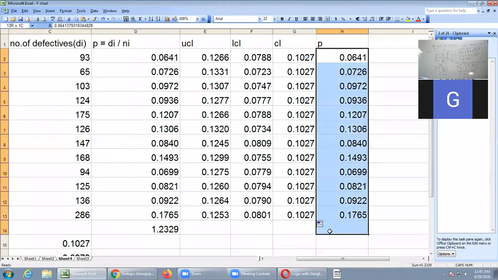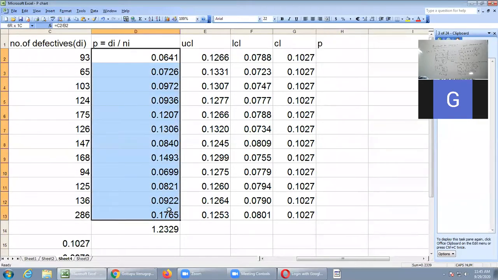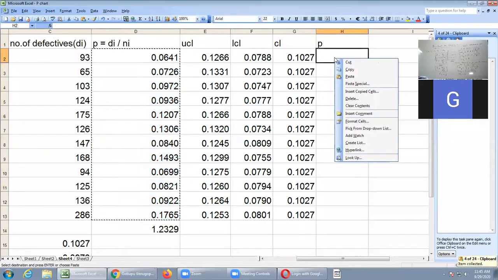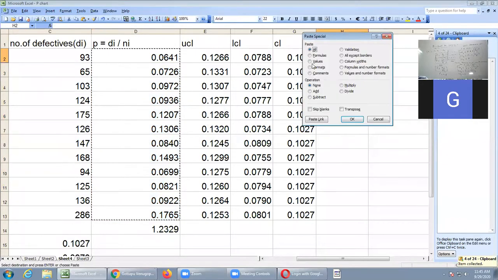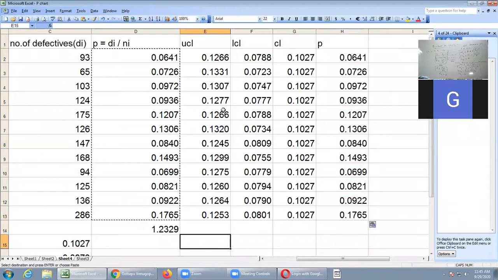Okay. And after that, which chart do you have to construct? P chart only. For the P chart you have to copy and paste these values. So copy the P values, right click, paste special values, and press OK button. Automatically you are getting the values. Chart construction, all of you know. For mean chart you do the same thing. Mean, range, S chart, P chart for fixed n you have done.